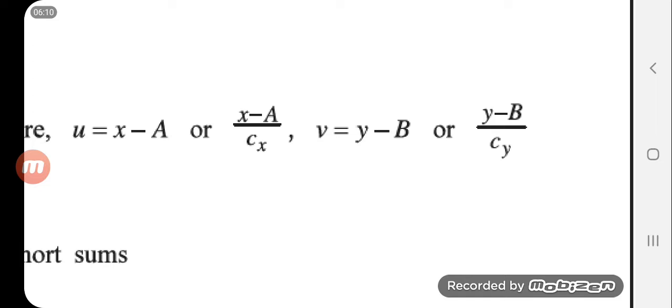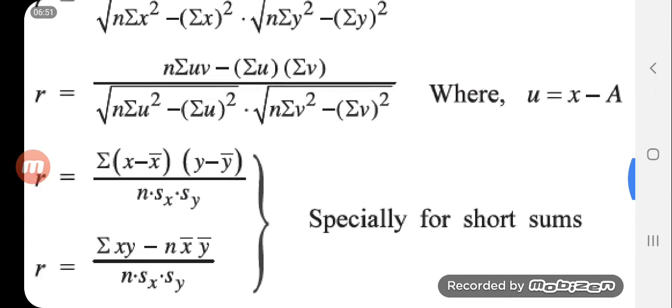A and b will be the constant numbers which will be nearer to the mean, or we can take any such value from the variable of x and variable of y. Any values we can take which are the nearer value. Answer will be same, but according to the method we are normally taking the mean and then taking the number nearer to that and then getting the values of a and b constants. Cx and cy are the common denominators which we can take. If we have common numbers like divisibility of 100, divisibility of 2, divisibility of 50, we can take cx as the divisible number which is possible. If not, take it 1. This I will teach you when we are doing the example question.